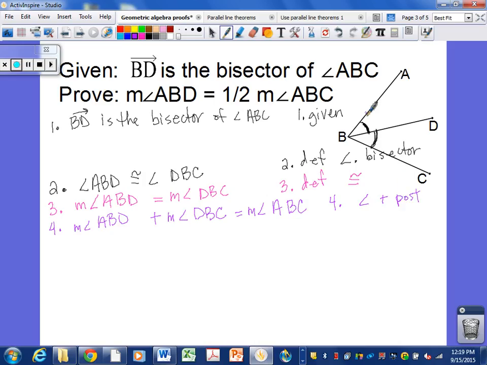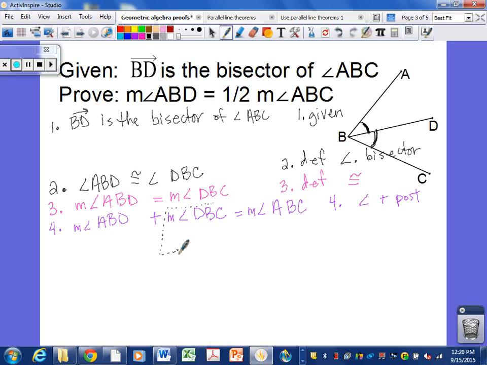Okay. Yes, these are congruent. We said so here, but the postulate says you can add them up and that equals a larger angle. Okay, and we want to have that algebraic relationship so that we can determine what this is here. Okay, so we have ABD on the left side, so we need to try and get rid of this DBC. Just like before, we can do that using